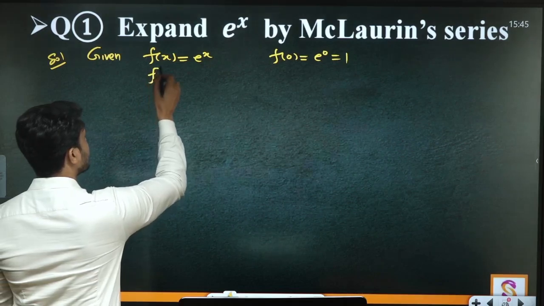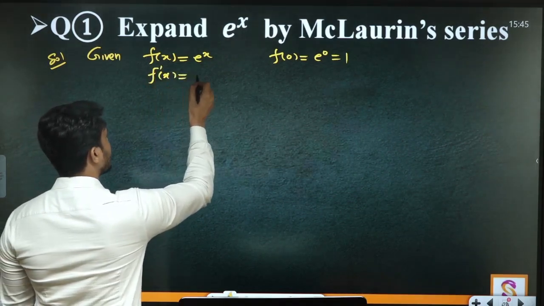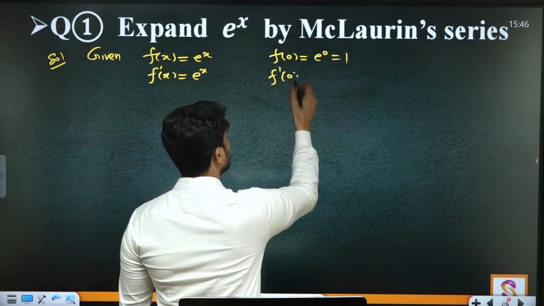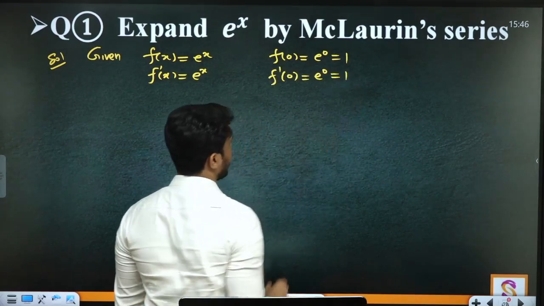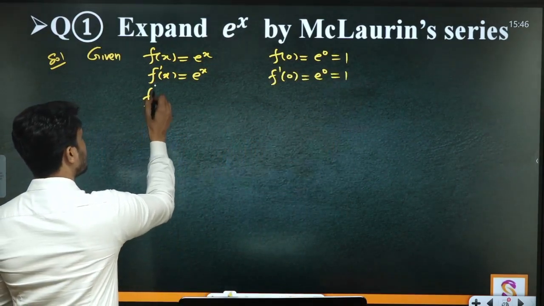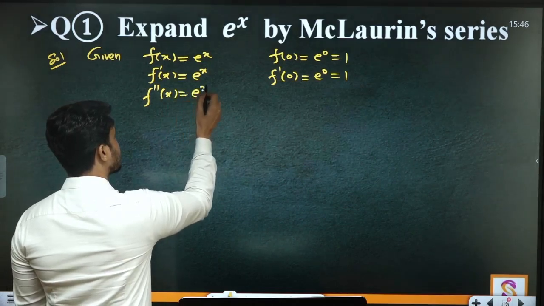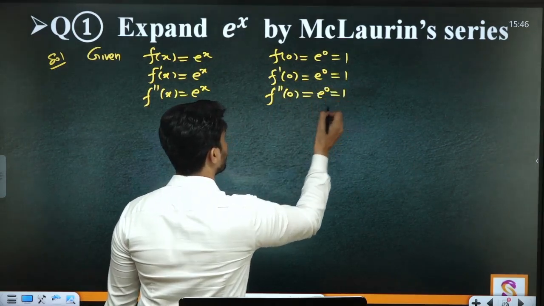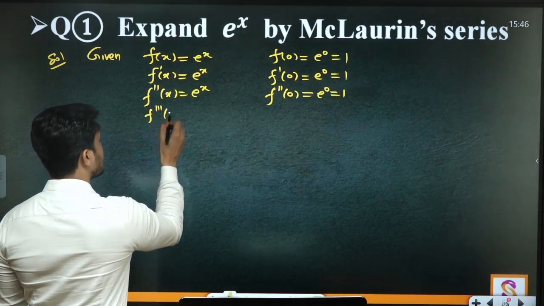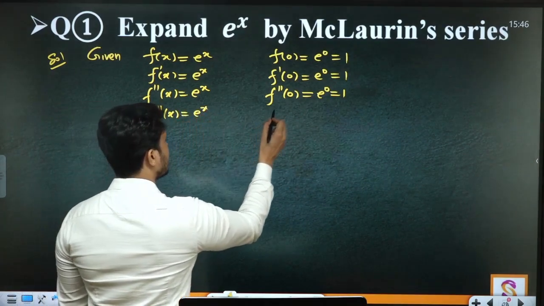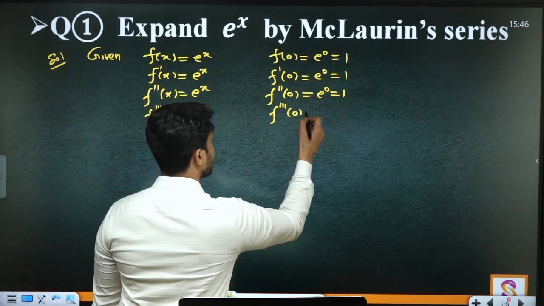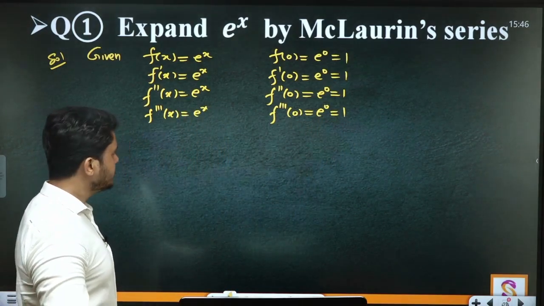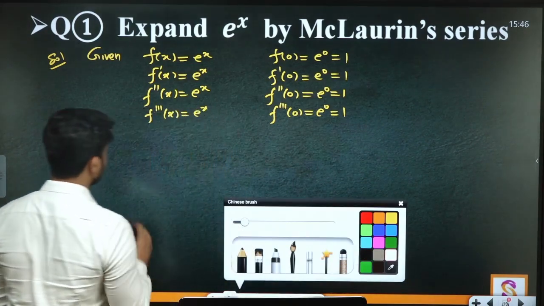Again you have to differentiate this function f dash x, it is e to the power x again, and then if you find the value of f dash 0, then it will be e to the power 0 and again 1. एक और निकाल दो, f double dash x e to the power x. Similarly f double dash 0 at this value e to the power 0 is equal to 1. f triple dash x is equal to e to the power x, and f triple dash 0 is equal to e to the power 0 into 1. Okay, now by Maclaurin series,